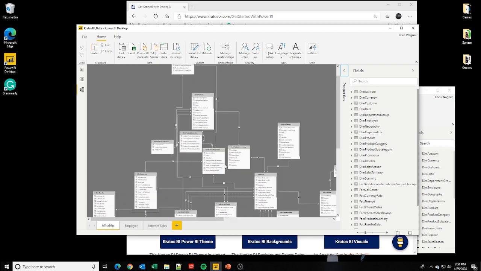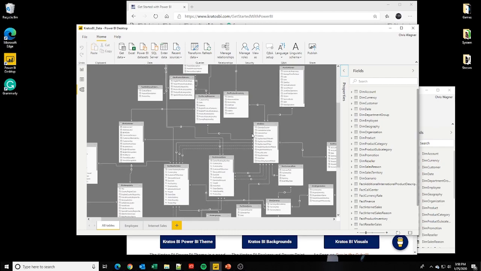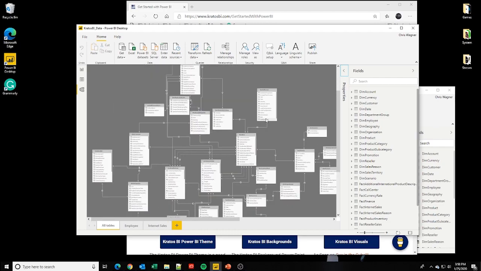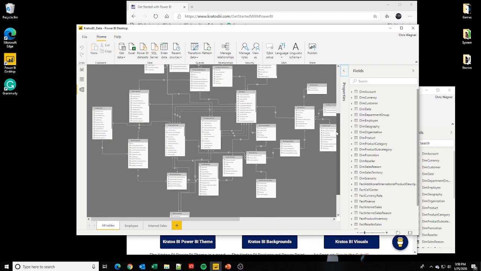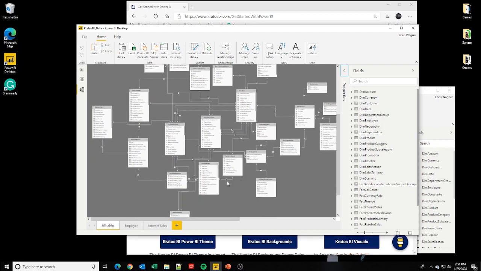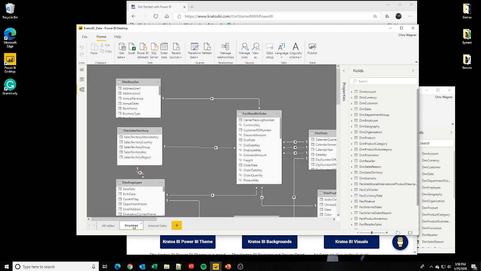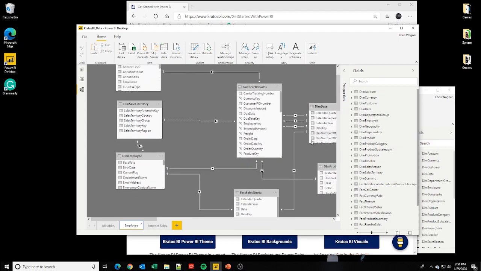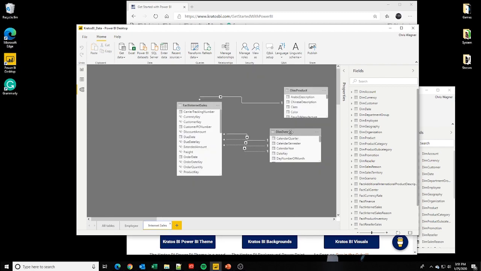As you can see as we look at this, it's a fairly complex tabular model, but it's really great at illustrating how complex these models can be and still perform really well inside of the Power BI desktop. We have a number of different views of the data that you can go in and see. This is the employee view, referring to all the relevant measures and metrics that are available for employees. This is internet sales, another view of that data, so you can go in and see